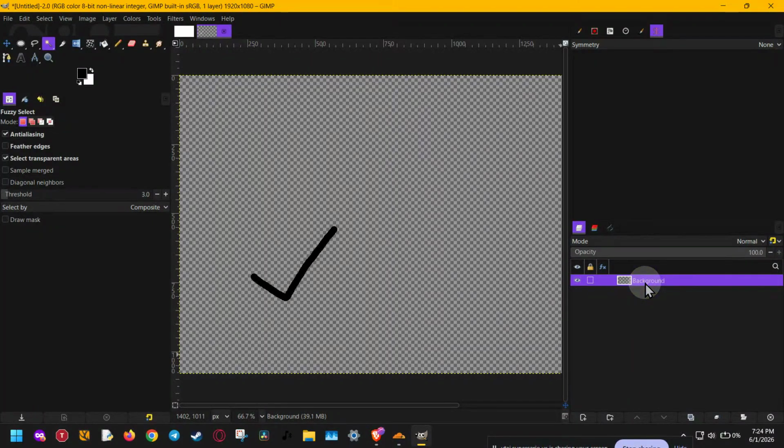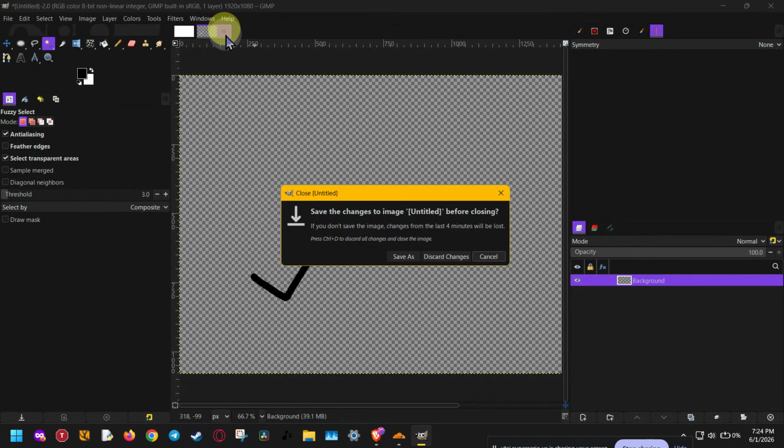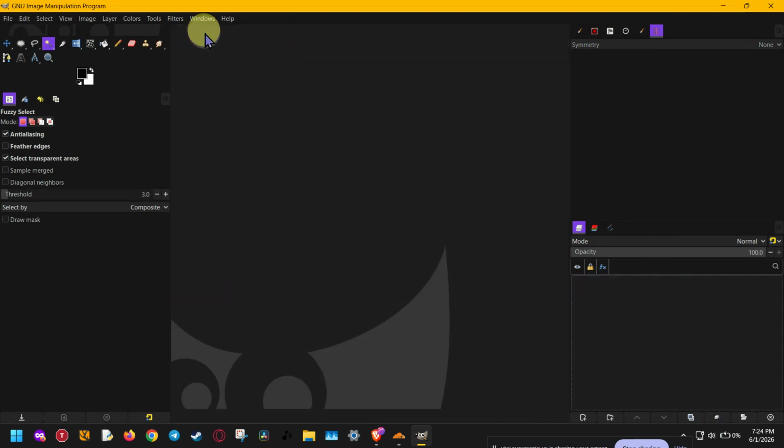If you want to make a GIF in GIMP, you're in the right place. In this video, I'll walk you through the full process step by step, from setting up your animation layers to previewing the motion and exporting a clean animated GIF at the end. This is a great method whether you want to animate text, simple objects, or even turn a set of images